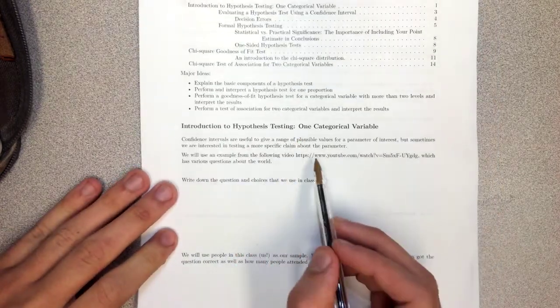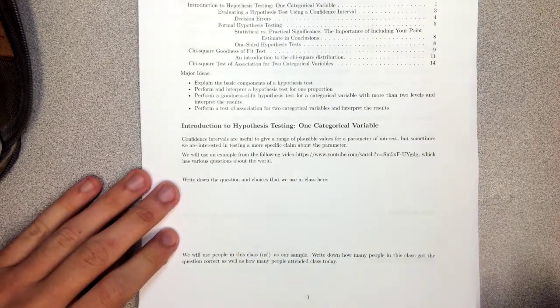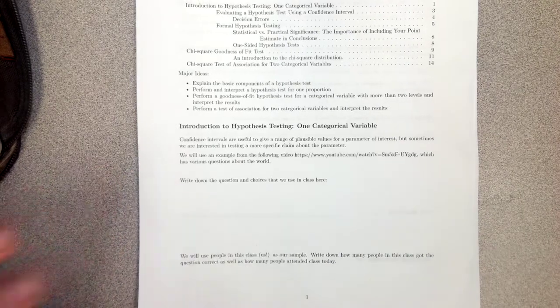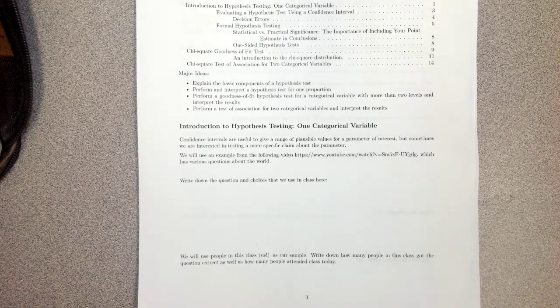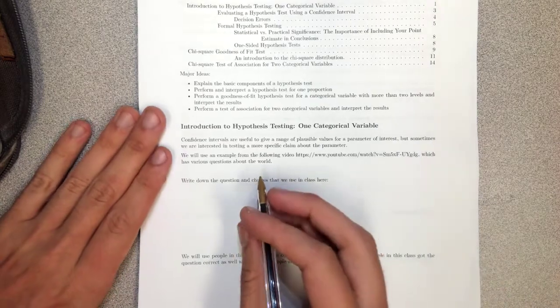The example that we're using is from this video that you could either watch or not. It shouldn't make too much of a difference, but if you remember from the beginning of class, the very first quiz had three questions that appeared randomly. There was one about whether the percent of people who live in poverty has increased or decreased over the last 50 years or so. There was a third question that we're going to use for this example